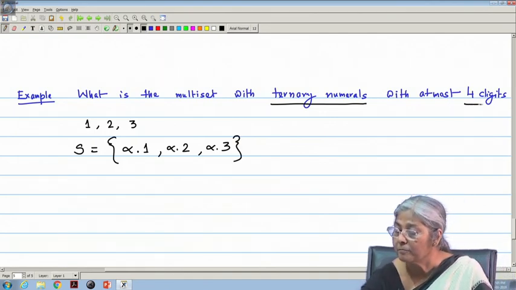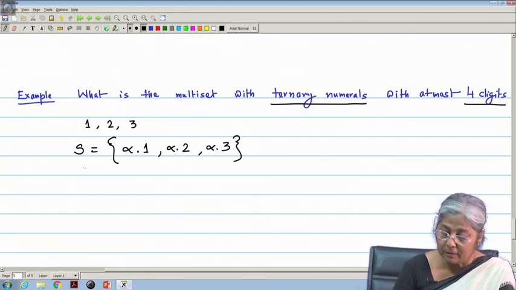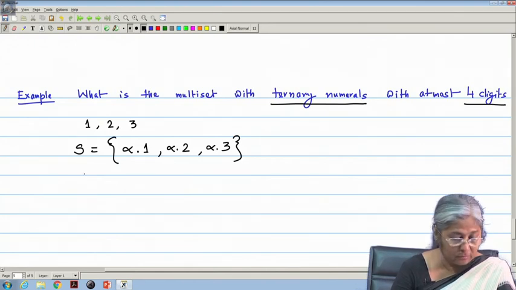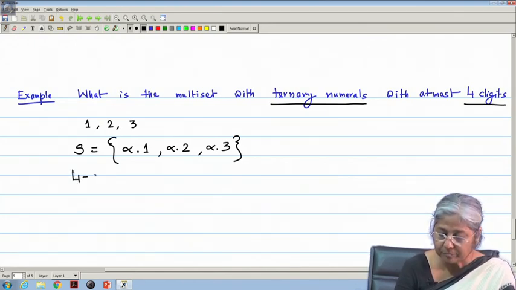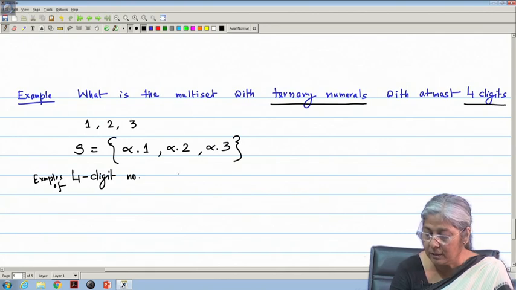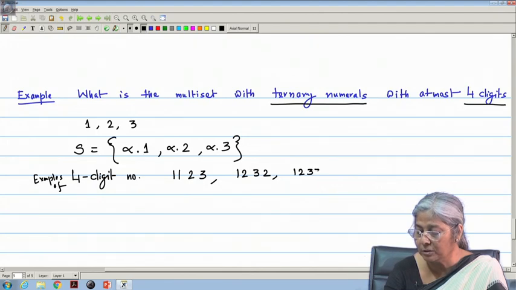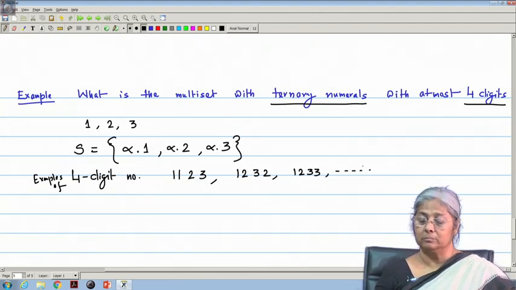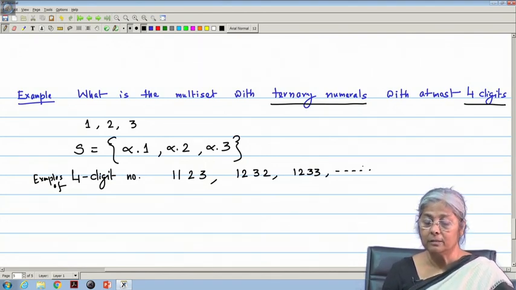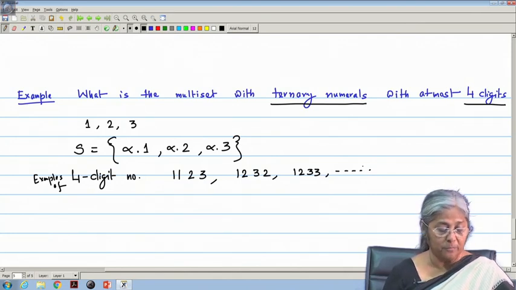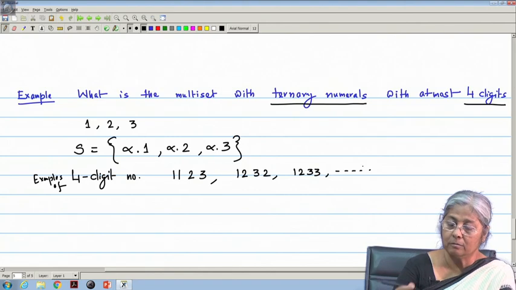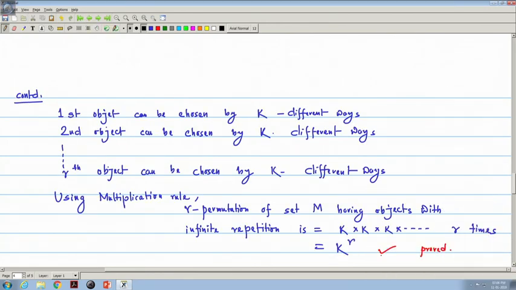Now, I have to form a 4 digit number, like examples of 4 digit numbers only with 3 literals. That means it can be 1 1 2 3, it can be 1 2 3 2, it can be 1 2 3 3, and all this type of 4 digit numbers. Mainly we have to find out how many this type of numbers are possible. So, directly we can apply the result of this theorem,